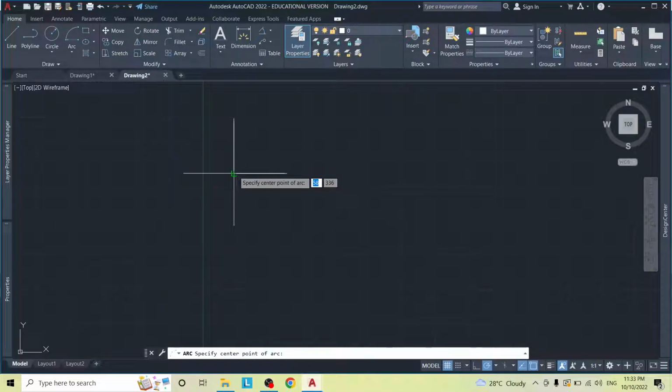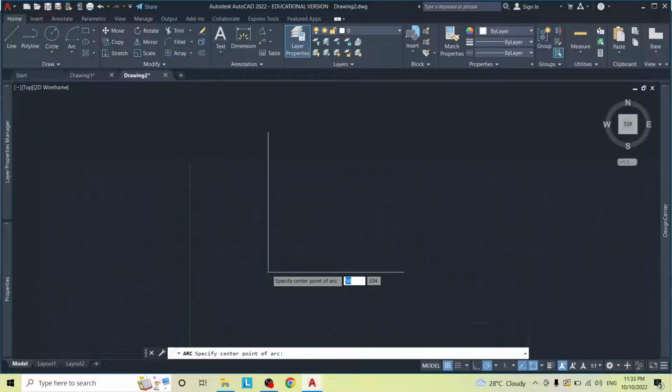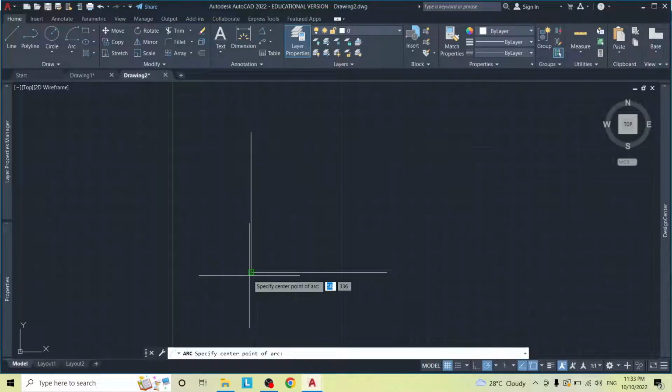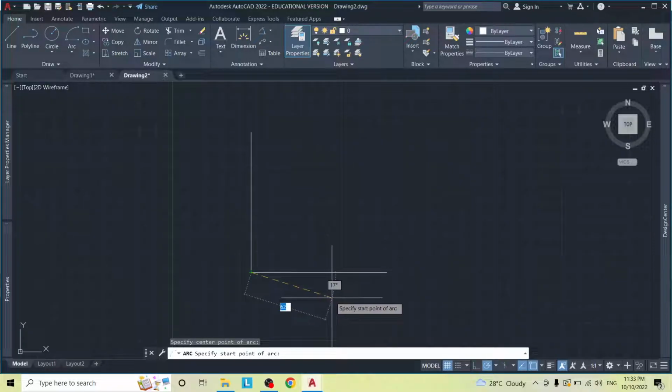That's the one that simulates our compass. So we go to the midpoint right here. Let me just zoom in so you can see. You come to this point. This is our center point of our arc. And we click. Now I'm going to bring the cursor for the mouse a little below the baseline, and then